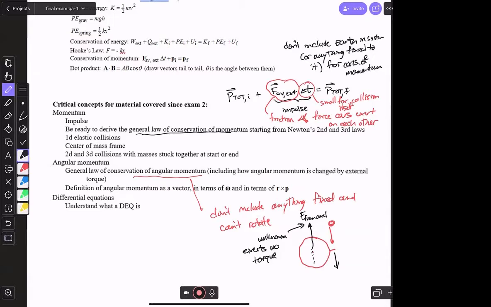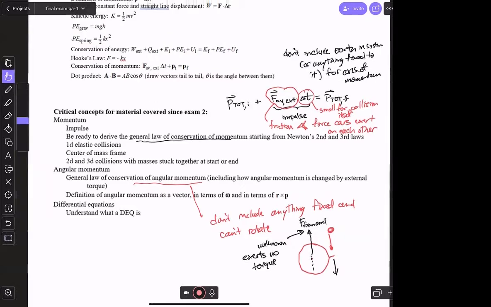If you're ever doing a problem where you have to use both conservation of momentum and conservation of energy, how does that impact the problem if you're going to basically use different systems for both parts of the problem, if that makes any sense?